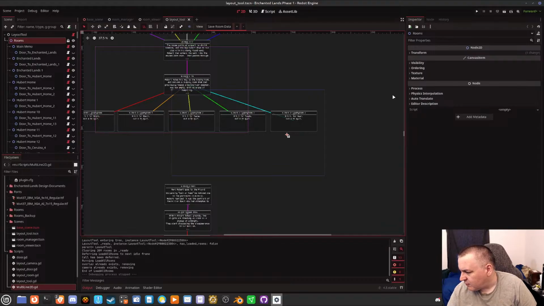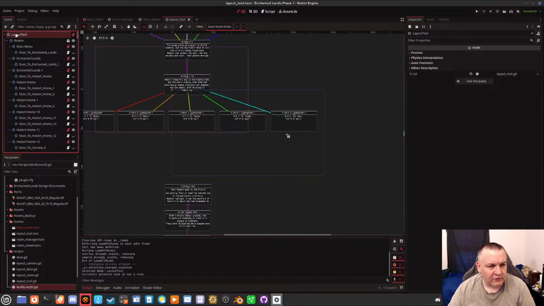What's the purpose of the tree viewer? You already have one. Yeah, it's making your own standalone editor exported from Godot. It's still inside Godot, I mean, or Redot. Okay, so this is a separate scene, the layout tool is a scene.